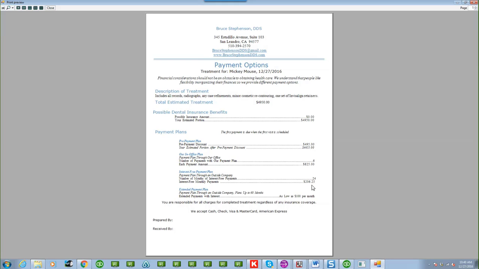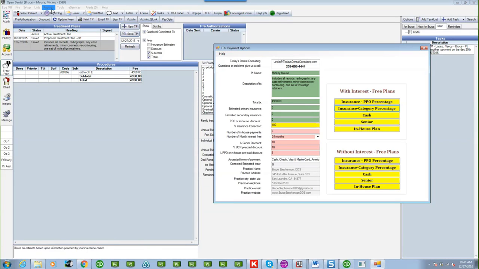And again, it does the math, shows you exactly how much the patient's payments are going to be. Now you print that out, write on this, give it to the patient, scan it in before you give it to the patient. So you know what, I don't want to give Mickey that 24-month interest-free. So I'm going to go back here. I don't have to